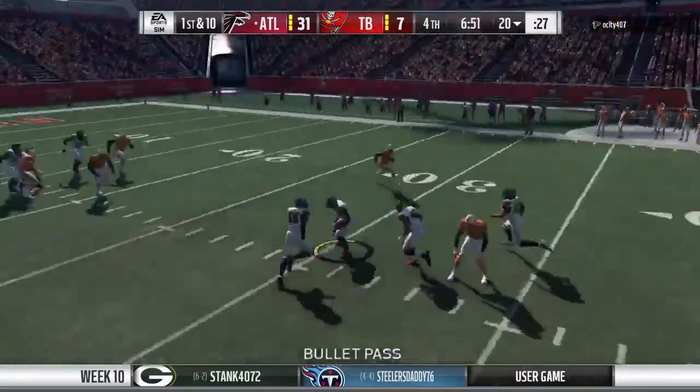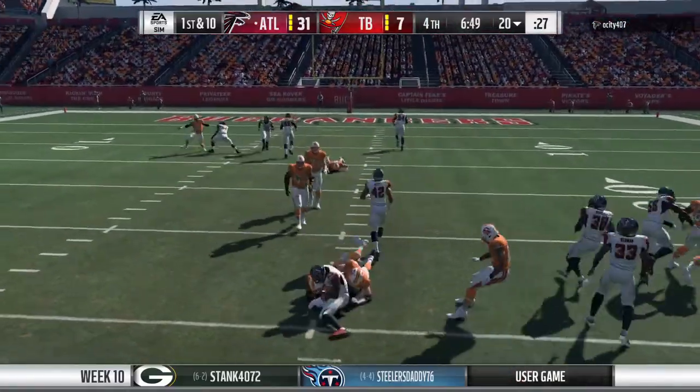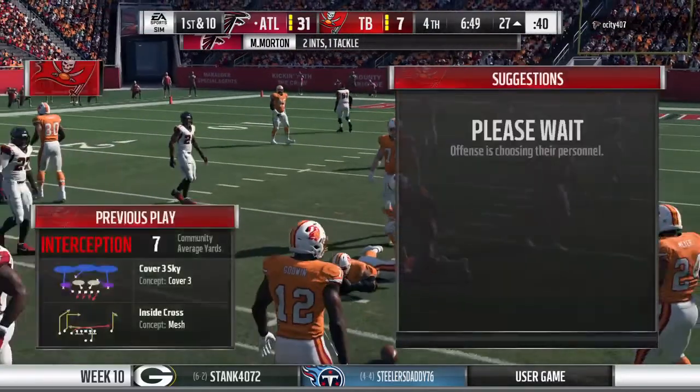Move the ball. And my goodness, another interception. Picked off at the 30. And they're going to set